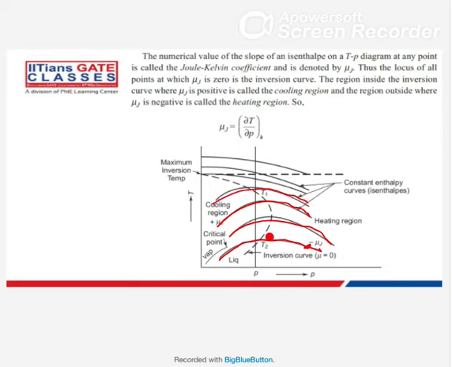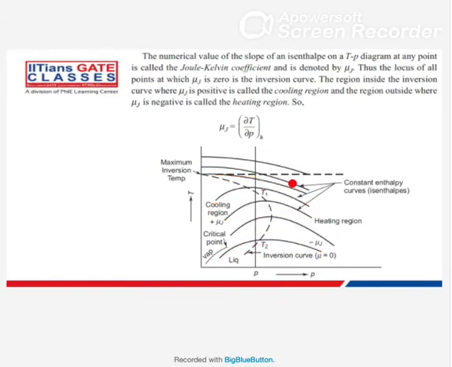Now we can see that it is having a peak and then it is reducing. It started from here, reached a maximum value, then temperature dropped. For this curve also, it reached a peak, then dropped. Then we'll have one curve which will intersect somewhere here. There is no further reduction in temperature, because you are not expanding to a negative pressure. So this will be your maximum inversion temperature.